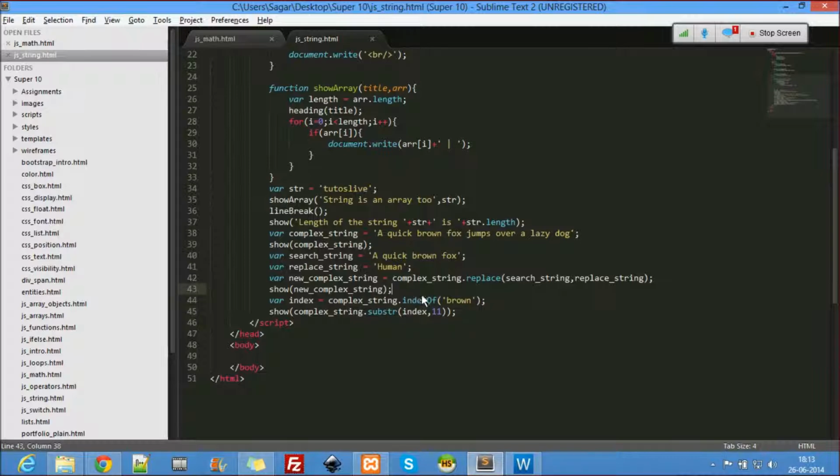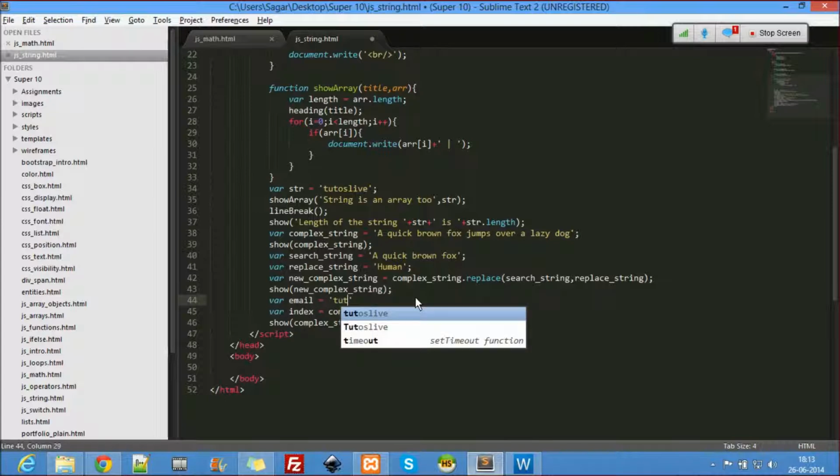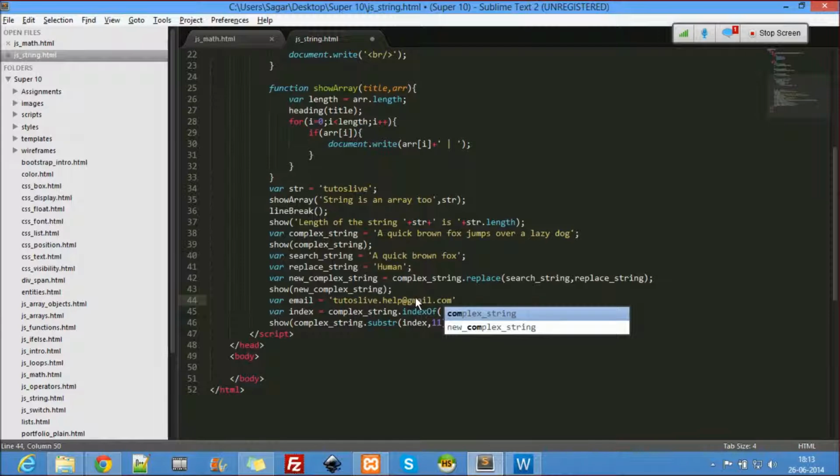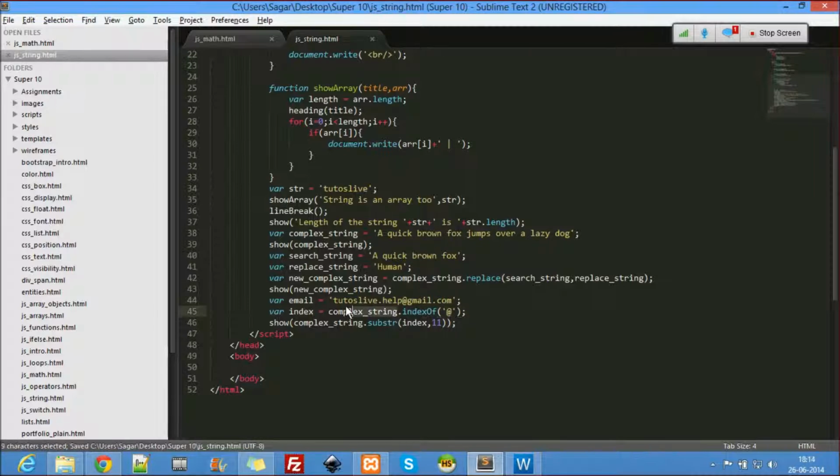Where exactly is this used? Let's see this now. Where email equals, let's say, tutoslive.help@gmail.com. Now I want to find @ in the email, because I want to know the domain of the email address.